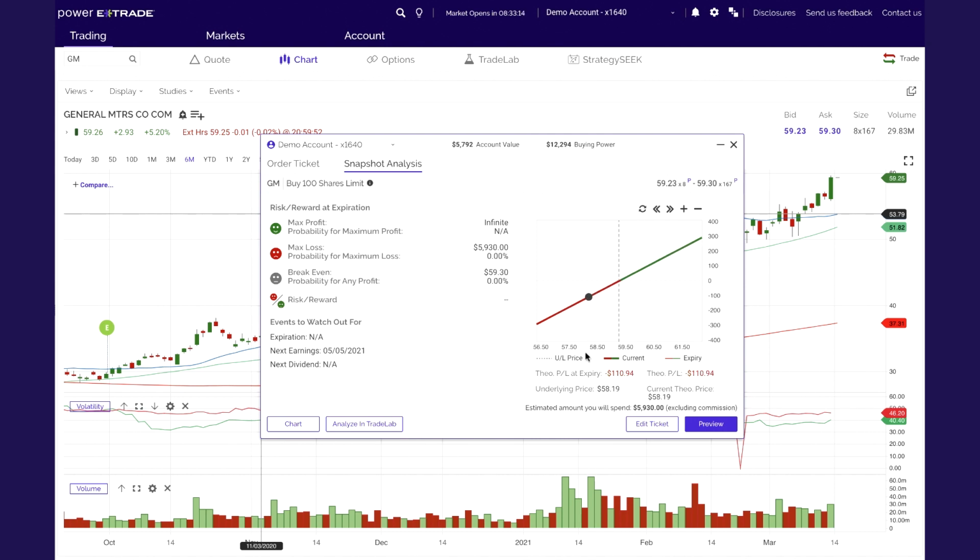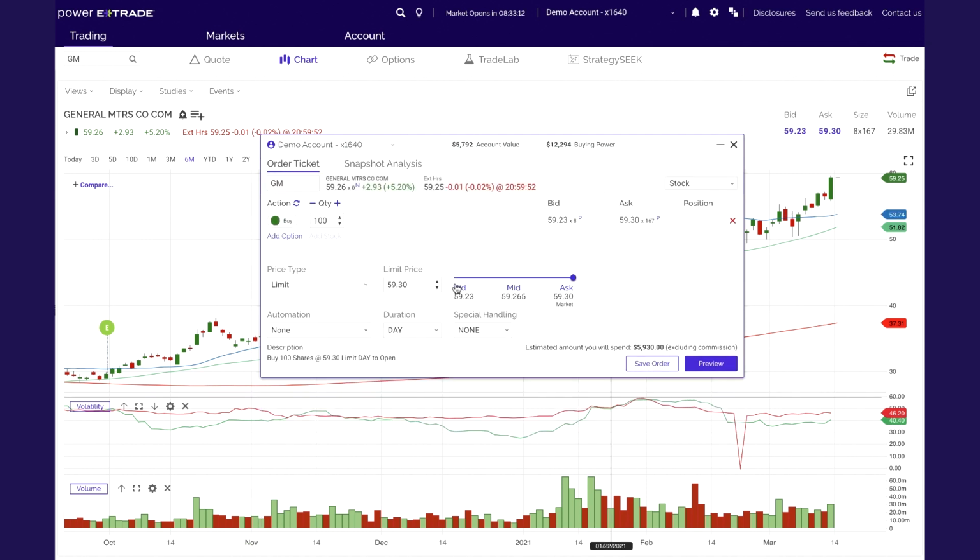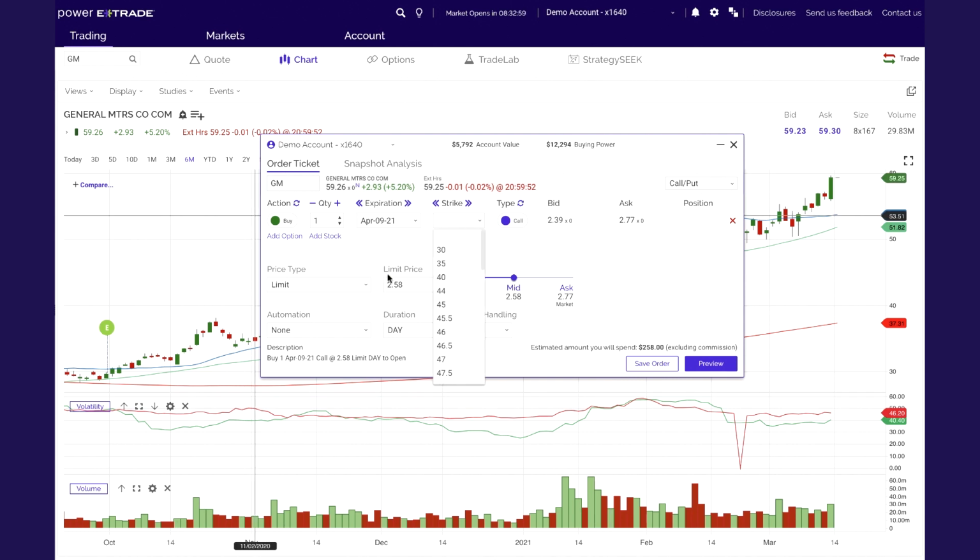Let's take this a little bit deeper and let's go and edit the ticket. And since we're teaching options here, let's go ahead and remove that and let's add an option, and let's indicate that we're looking to buy an option that goes out just about 1 month, and we're looking at about an at the money strike. So I'll take a look at the 59. Once I get this loaded up, we'll go in at the 59. 1 contract, April 09, 2021, 59 strike call option. I'll indicate that I'm okay with paying the asking price with a limit. You can see that's going to be $335 if I execute that transaction, but let's stop and take a look